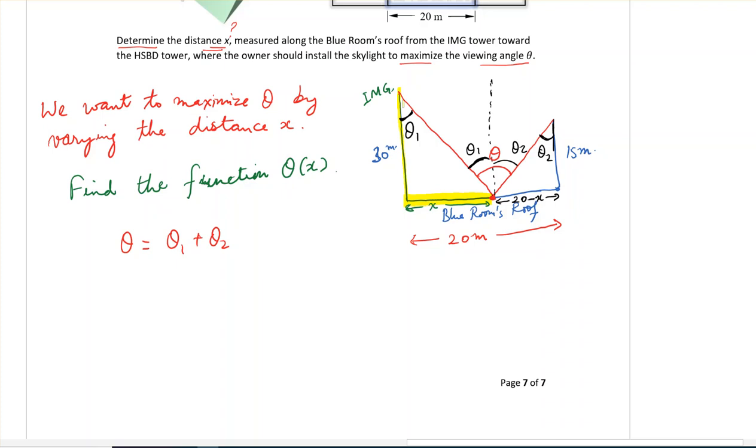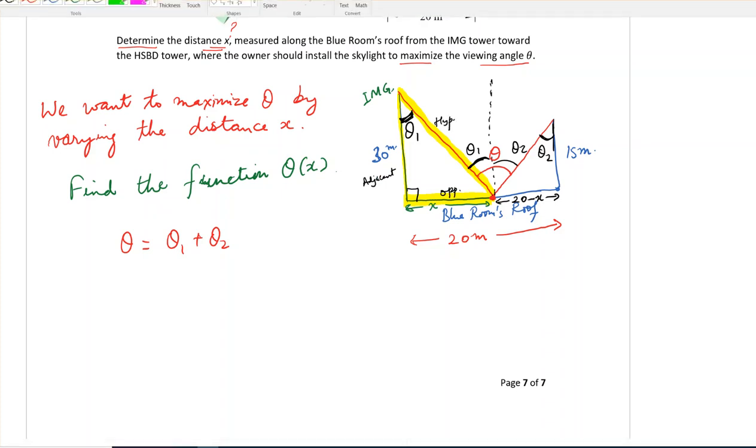So in this triangle, if I try to write my trig ratio, I know that this is 90 degrees, this angle is theta 1, so this is our adjacent side, this will be our opposite side, and this will be our hypotenuse. So using the tangent trig ratio, from here we get